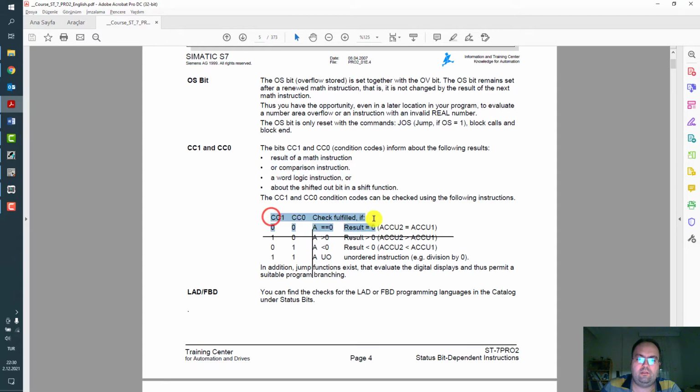So here is the idea. If the AQ1 and AQ2 comparison result is equal, then CC0 and CC1 bits are set to 0. If there is a greater result, then the CC1 bit is set to logic level 1.